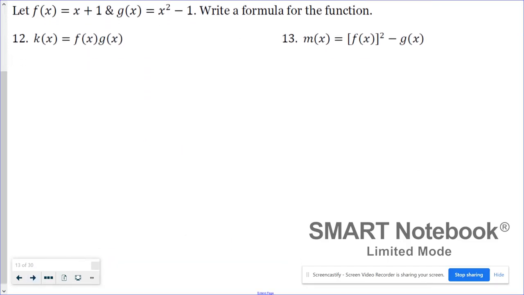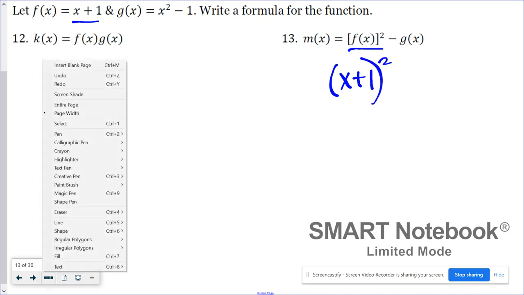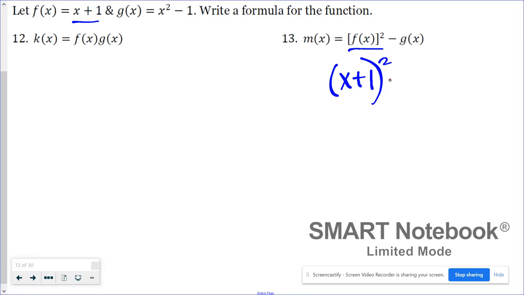One last one to take a look at, and that's m of x is equal to the function f of x squared minus g of x. So step 1 is substitute. So f of x squared, well, f of x is x plus 1, so I want to take that and I want to square it. And then from there, I want to subtract g of x, and g of x is x squared minus 1. Now, I would be careful whenever you are subtracting a quantity. I put the quantity in parentheses like this,